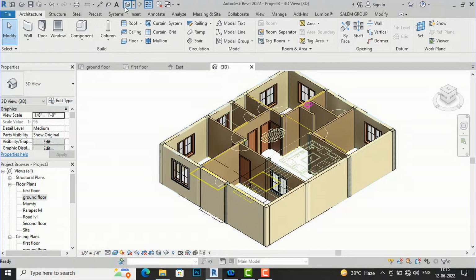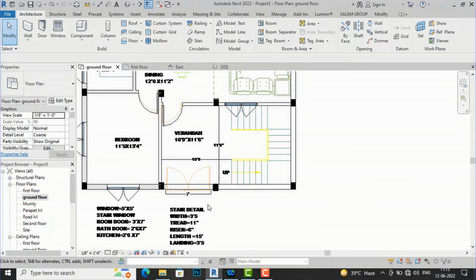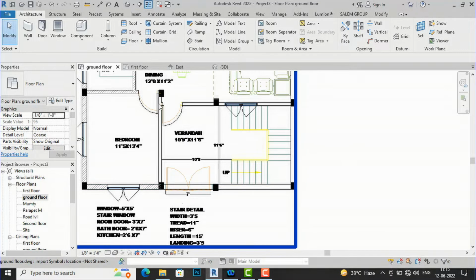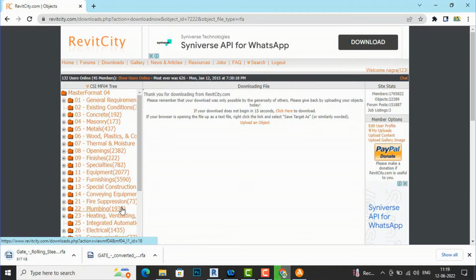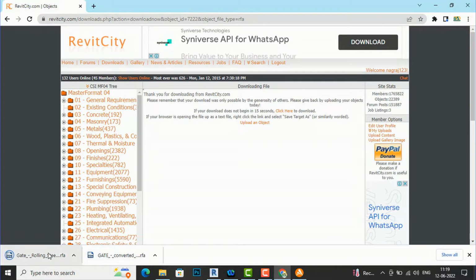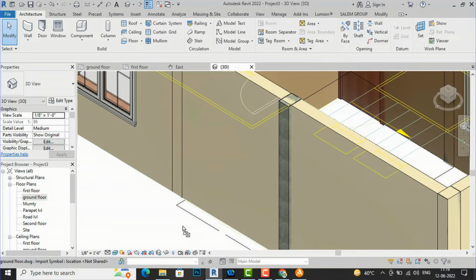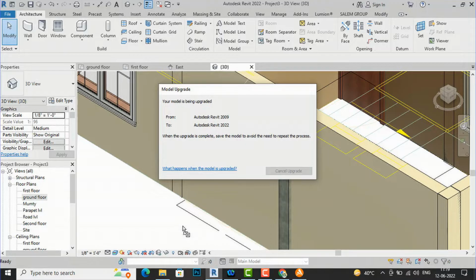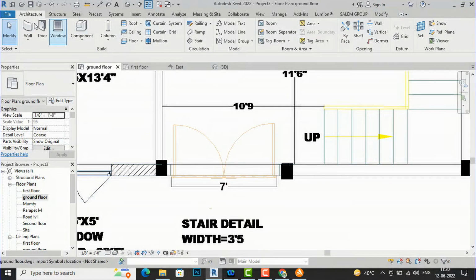So now we are required to put a main gate here. So I'll go to ground floor, and you can design your own gate in Revit, or you can get from Google and Revit City, and you can insert of your required door here. So I am going to directly drag and drop, and you can see it's getting upgraded. So now I'm going to my ground floor, and I will place this,